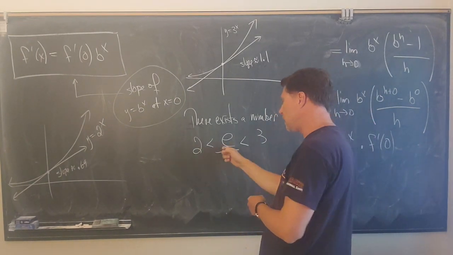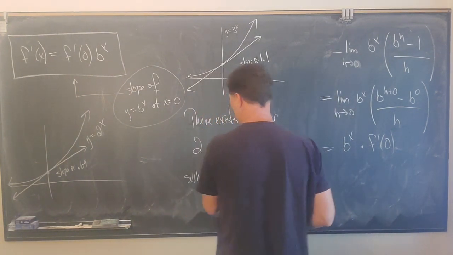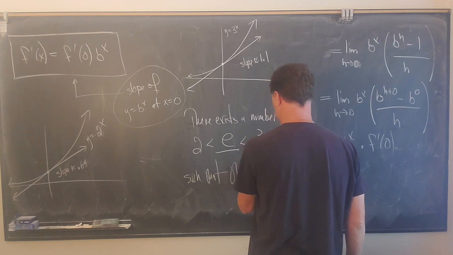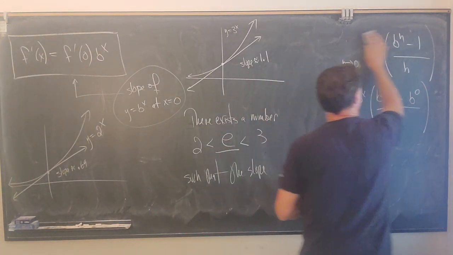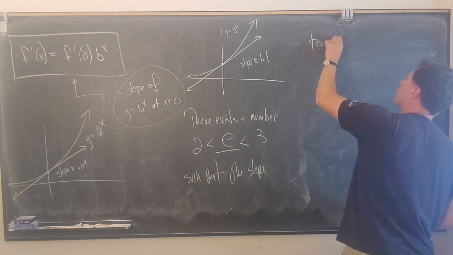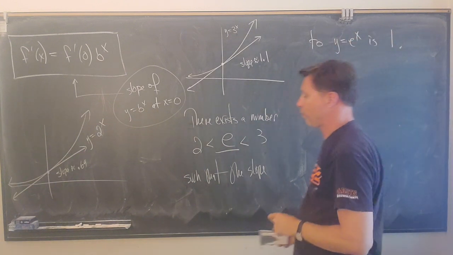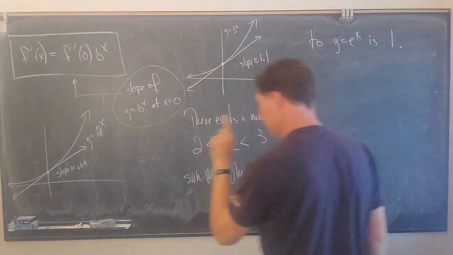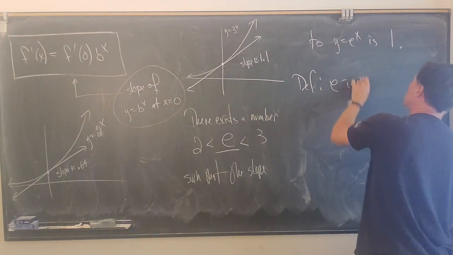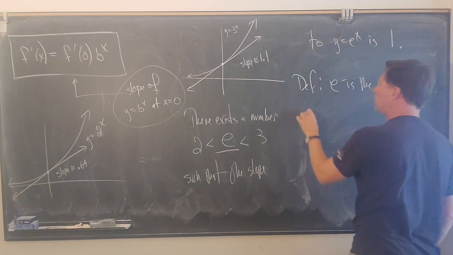So there exists a number e between 2 and 3, such that the slope to the graph y equals e to the x is 1. Right? So this gives us a definition. This is how the number e is defined. Right? So definition, e is the real number